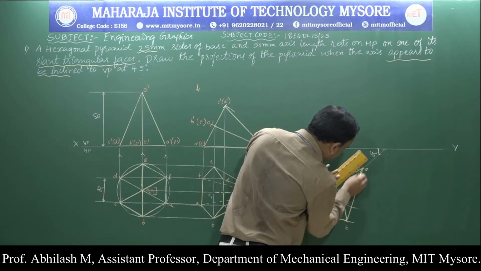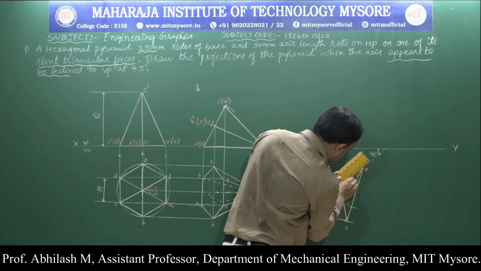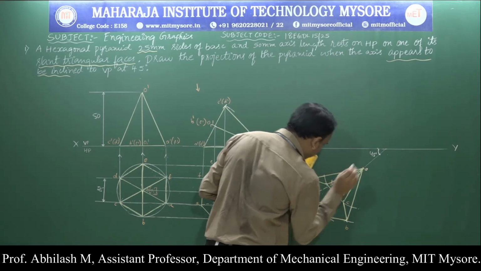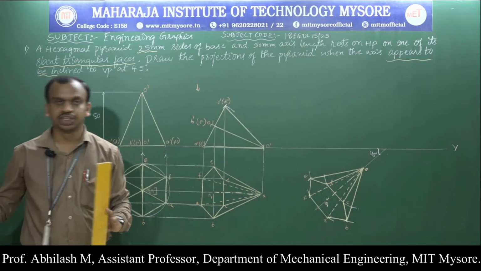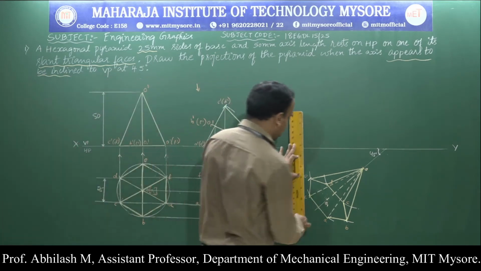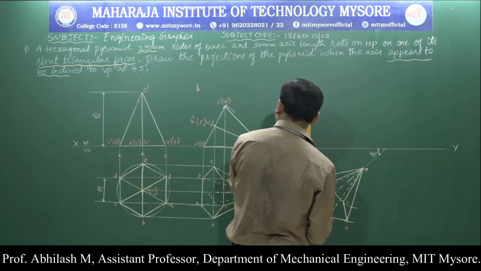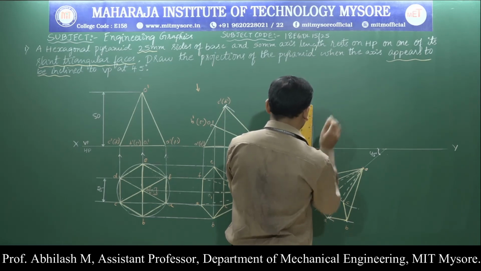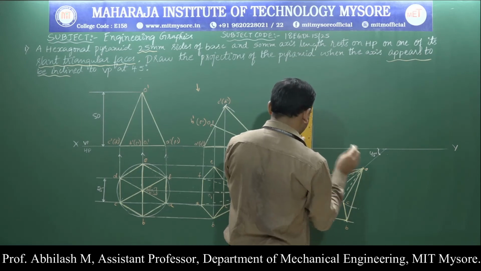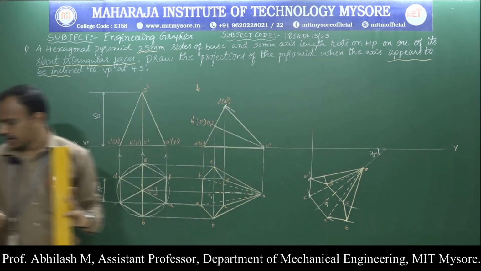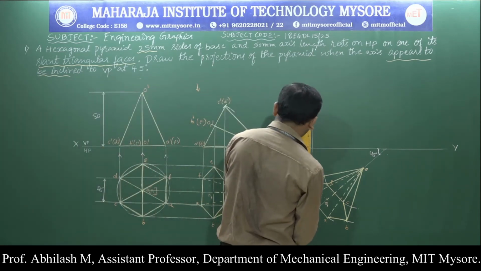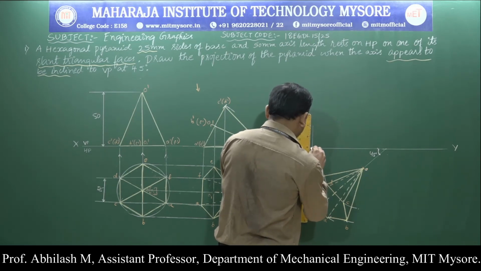Now the axis line is from O to O1. So we are supposed to represent the axis line. Now in order to complete the final position, we are supposed to draw the projection lines from all the corners. That is, starting from E, draw a line. Similarly, the E and F are not coinciding. So be very careful. There will be a thin line from the point of E and F.